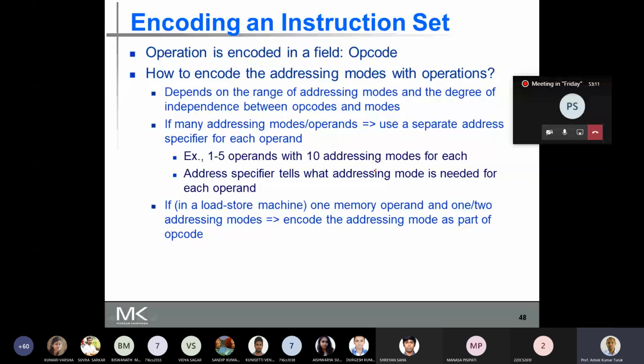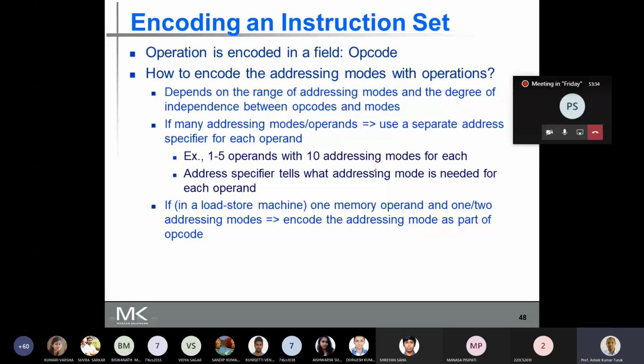This is a load and store architecture, where there are only two instructions that refer to memory, either the load or the store.